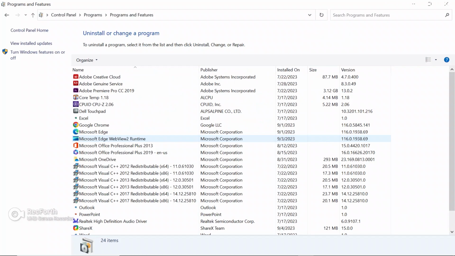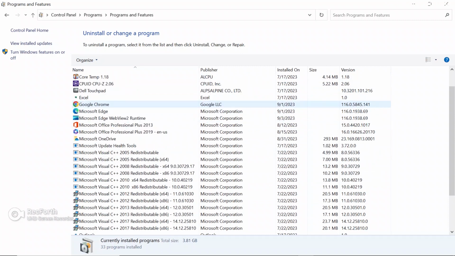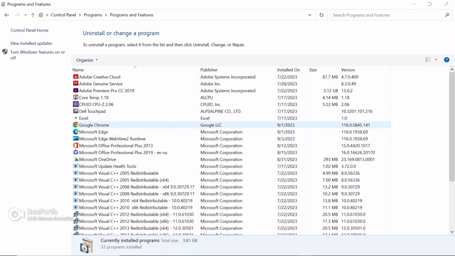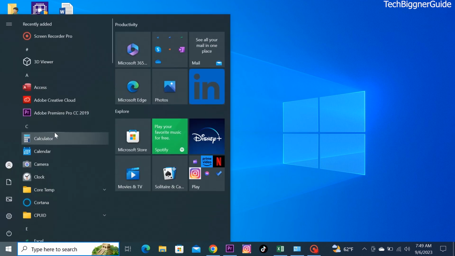And now you can see it shows many applications you have on your computer. Scroll down and find which application you want to uninstall. Like I want to uninstall the ShareX application. Just click on that. And there is another option that click on the Start button and it will show you